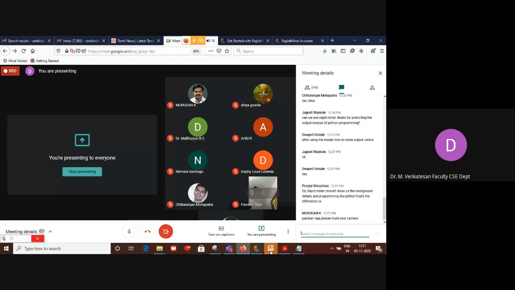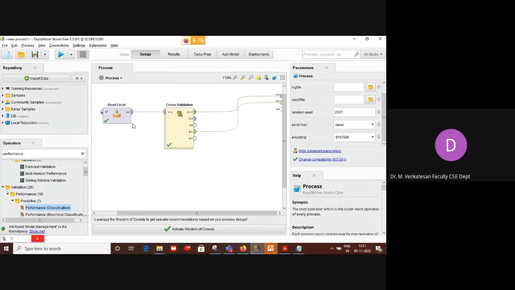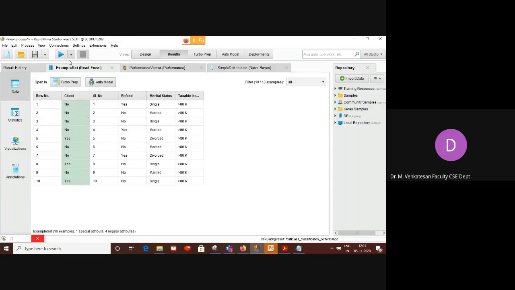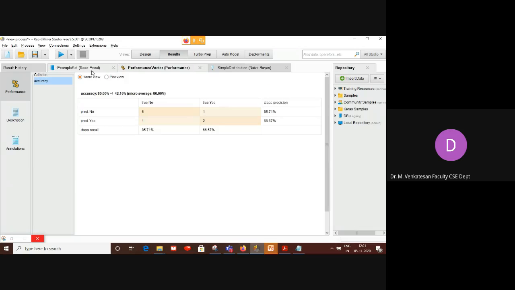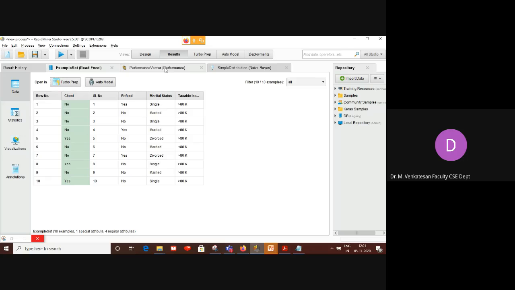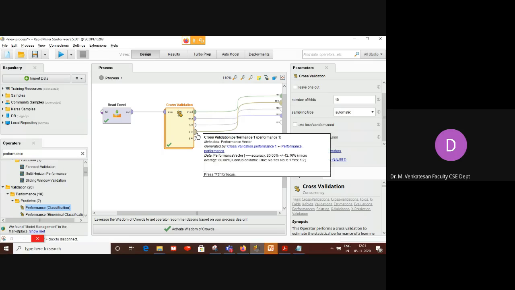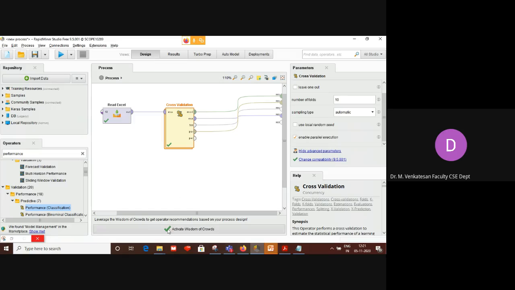Now, I will show you the output. Now, what you have done here, you have built the model. If you want to see the testing data, you can see the testing data here. And the original data also, if you want to see that, you can see that. This is the original data you have. So what I did here, I have just built the model. Now, let me open another data set.